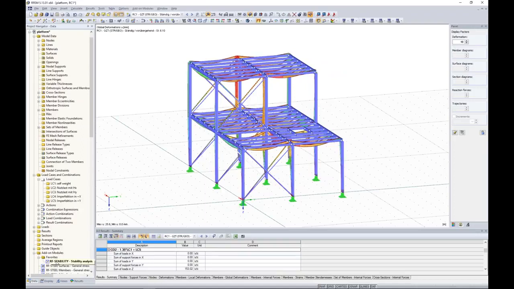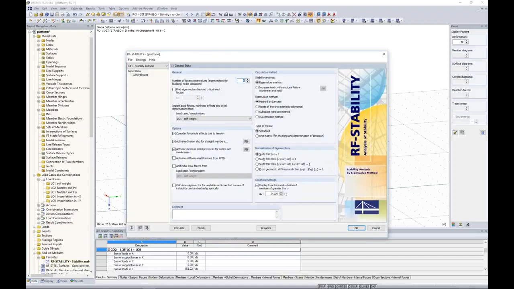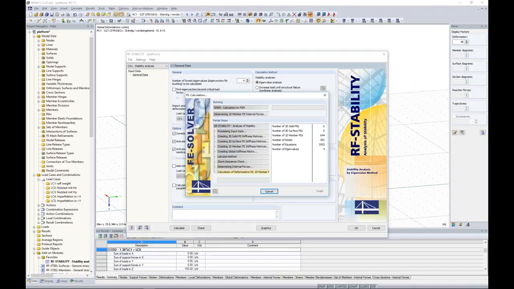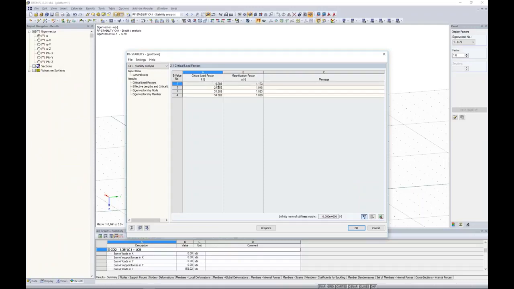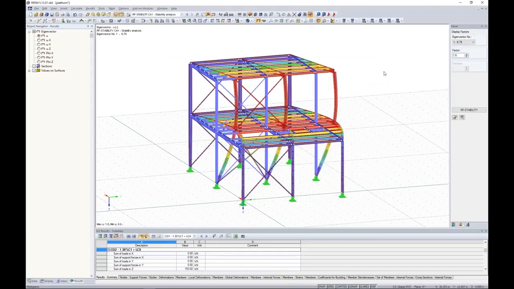Some additional information for the RF stability. If you check the critical load factor, for example, combination 1, you get some interesting information if you have to calculate according to first or second order P delta. If you are doing a Eurocode 3 check, there's actually a formula that says that if your critical load factor is below 10, you have to calculate according to P delta or second order method. In this case, we have around 7, and therefore we have to calculate according to second order